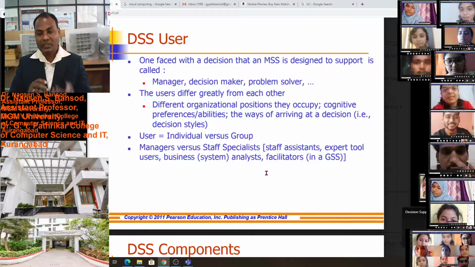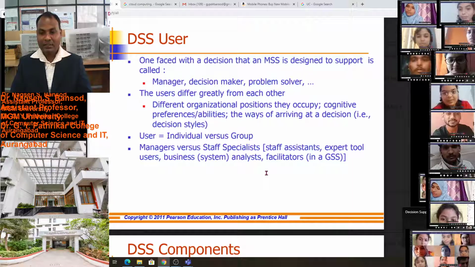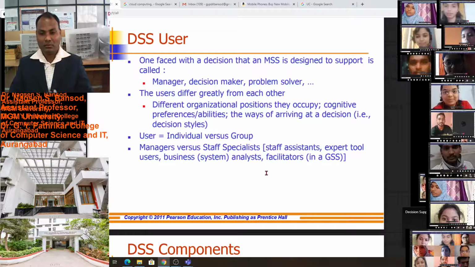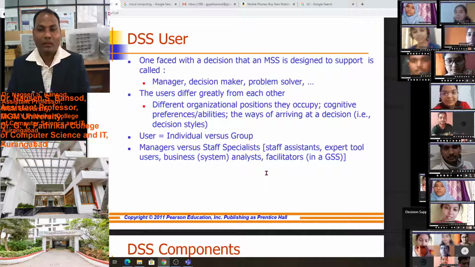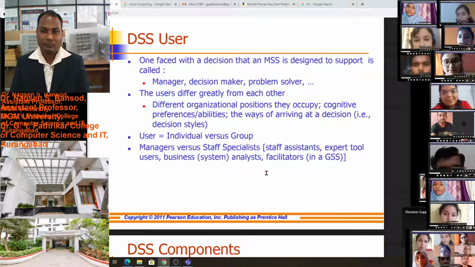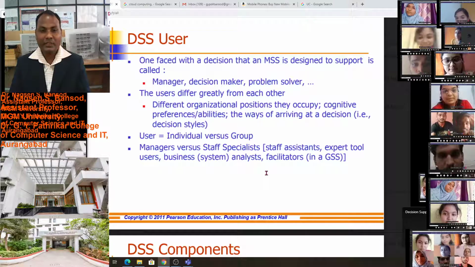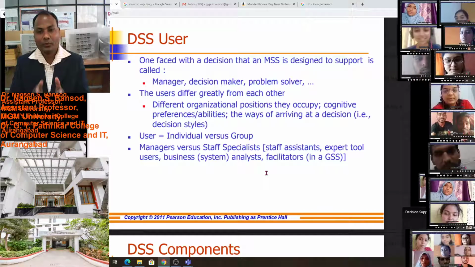If you have any question, any doubt on this, you can ask. Is it understood, Kunal? Yes, sir. Okay. Urusa? Yes, sir, understood. Is there any question on decision support system users?